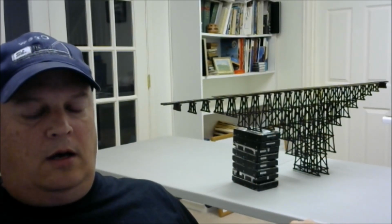It's 41 bents, and bents are the vertical legs. They're braced across the center as well. I'll throw some photos up so you can see the construction process and that type of thing. It may not match the exact number of bents on the actual trestle. I'm sure they don't. I know the profile and the height isn't going to be an exact match. This one's actually pretty deep towards the center. And I used a couple of different templates. I may be getting ahead of myself, but